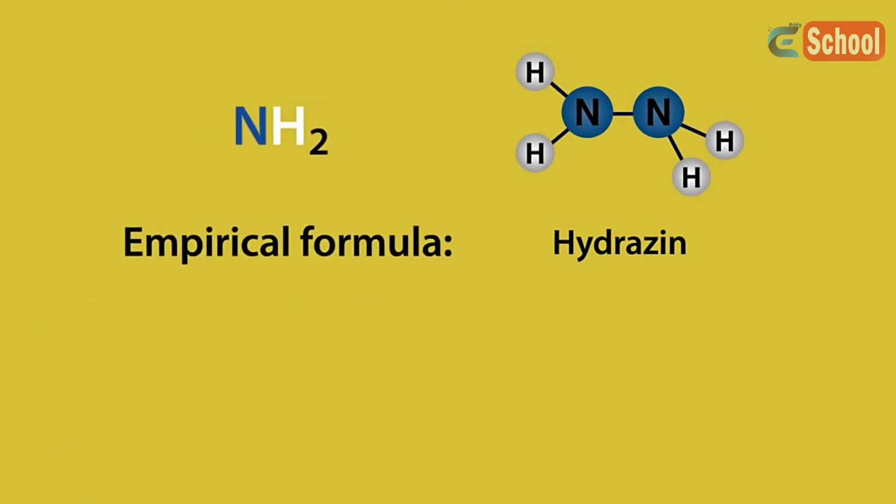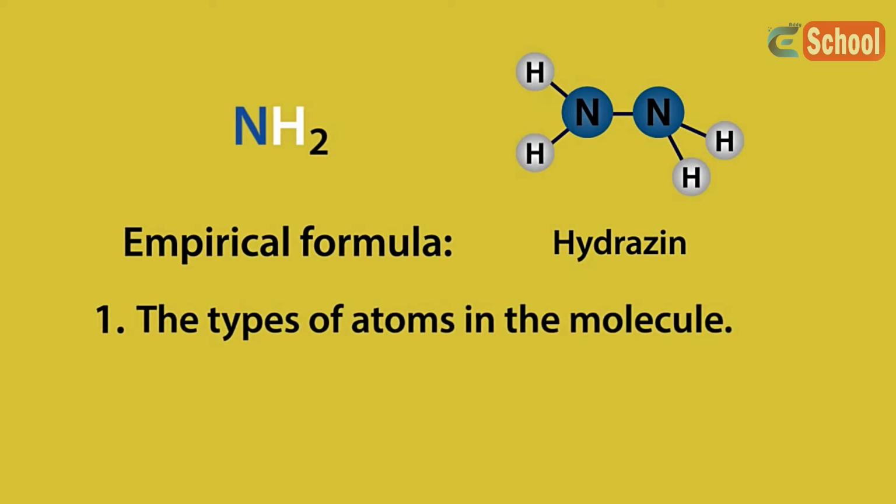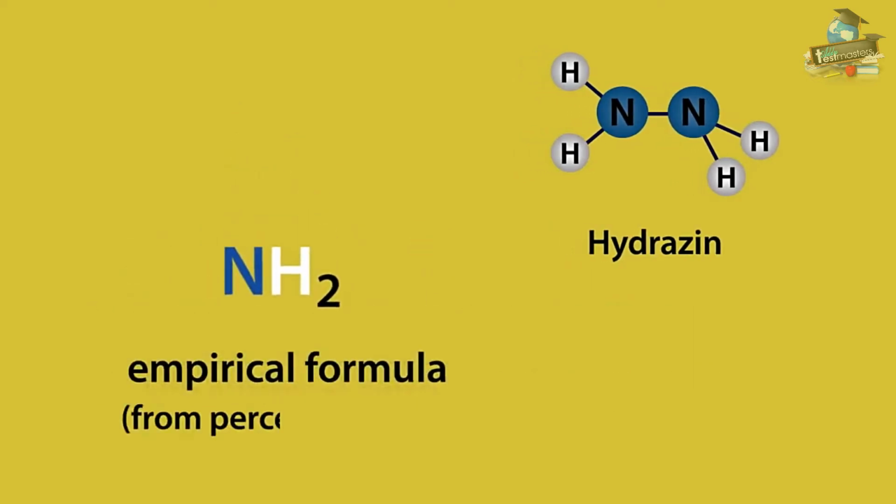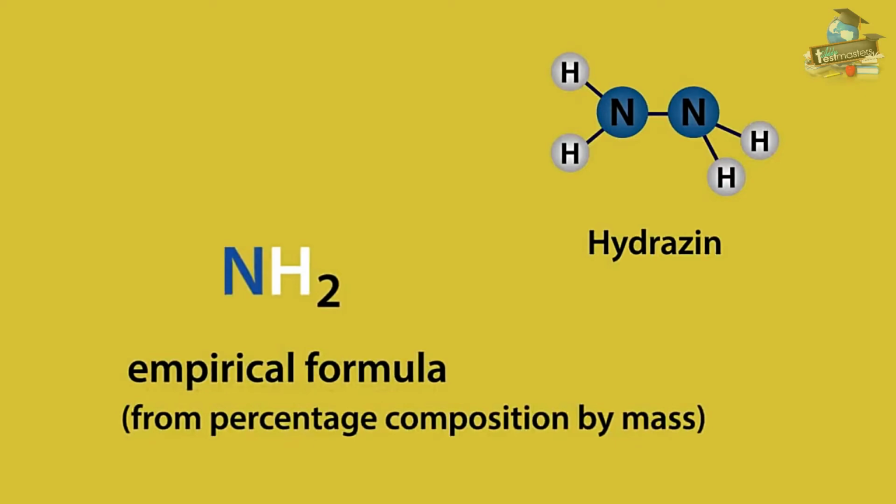The empirical formula of a compound also tells us two things. One, the types of atoms in the molecule, in this case nitrogen and hydrogen, and two, the simplest ratio of each type of atom. The ratio of nitrogen to hydrogen in hydrazine is 2 to 4, making the simplest ratio 1 to 2. The best way to find the empirical formula from percentage composition by mass is to go over